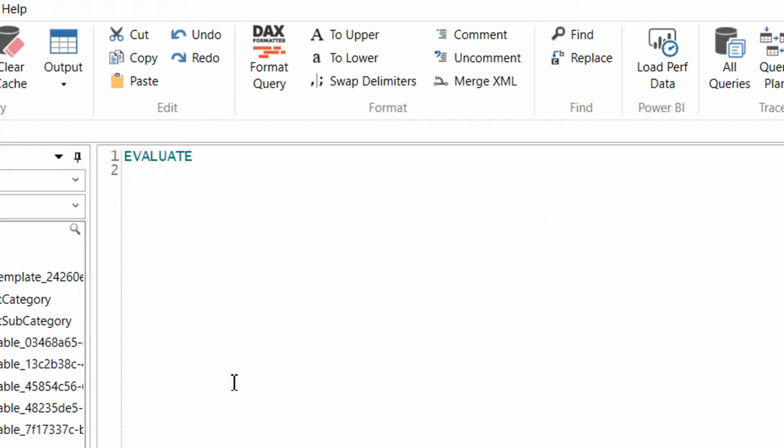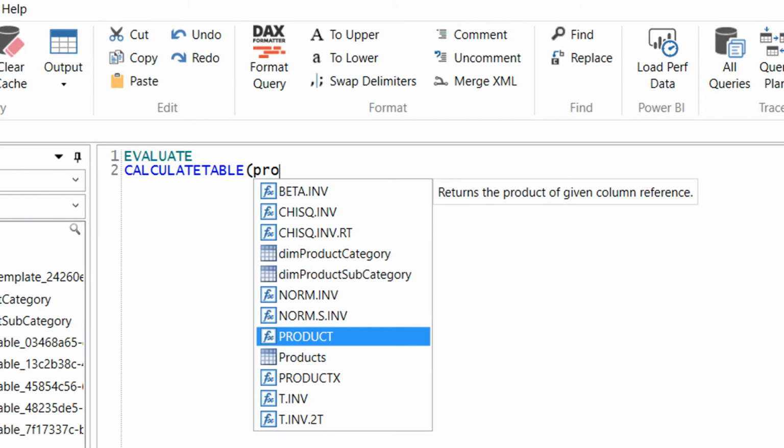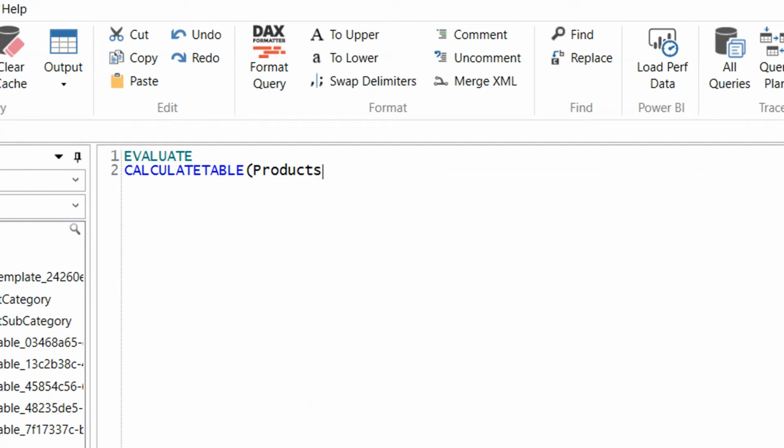So here we have to write, because we need to filter color, we have two options. Either we can use the FILTER function or we can use CALCULATETABLE. But we have learned in the past lectures that we need to use the FILTER function only when we need to filter a measure. Otherwise, if we need to filter some column, then we have to use CALCULATETABLE because it's much faster.